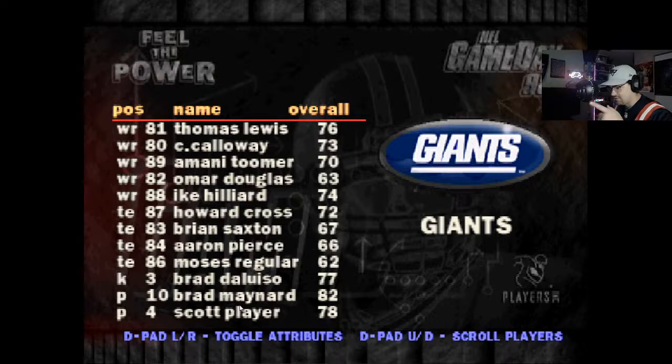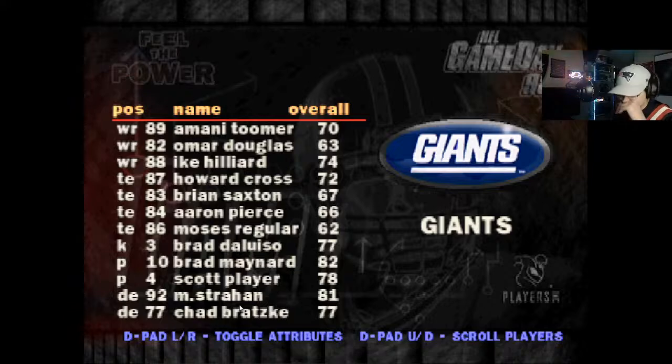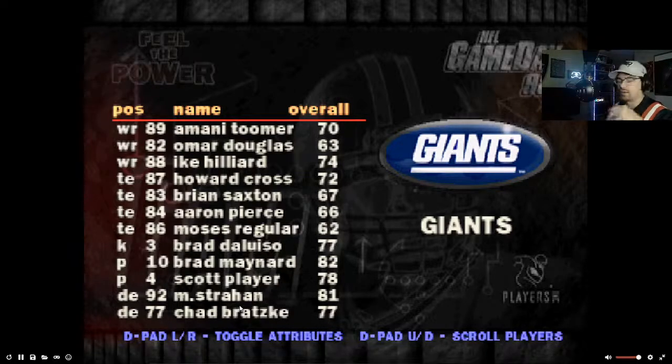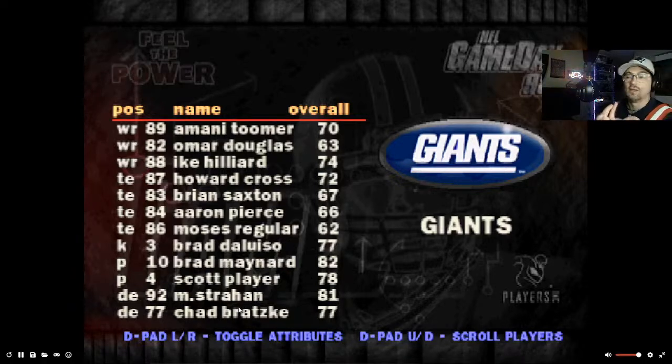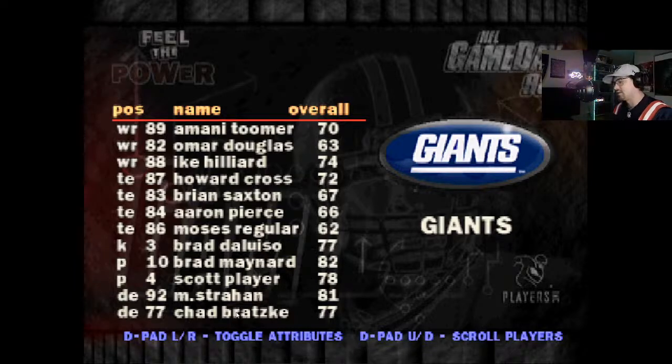Crazy how long some guys had longevity in the league. This team had 2 punters at the time. Whenever this roster was made, I'm sure they were just getting the regular roster that was there. They didn't do anything to modify it. And if you're wondering, at the time there were no roster updates. You can just buy a roster update now. It would have been cool to take your memory card and at least go get an update for these games, but unfortunately that wasn't popular at the time.